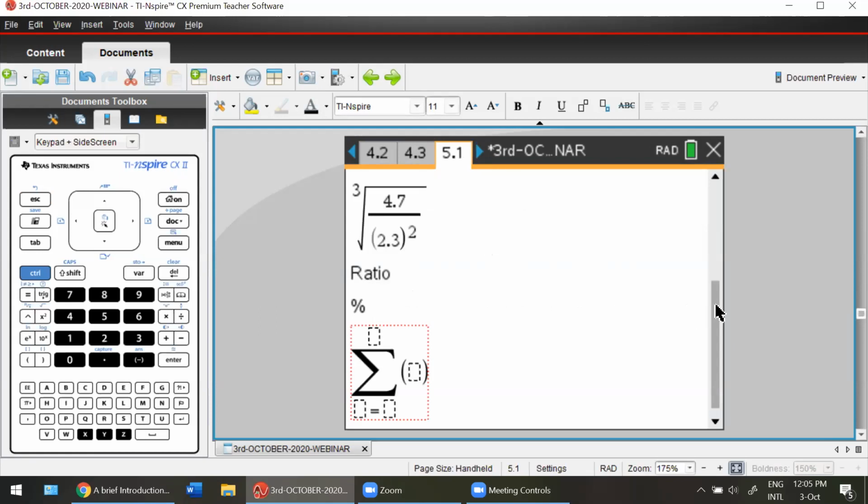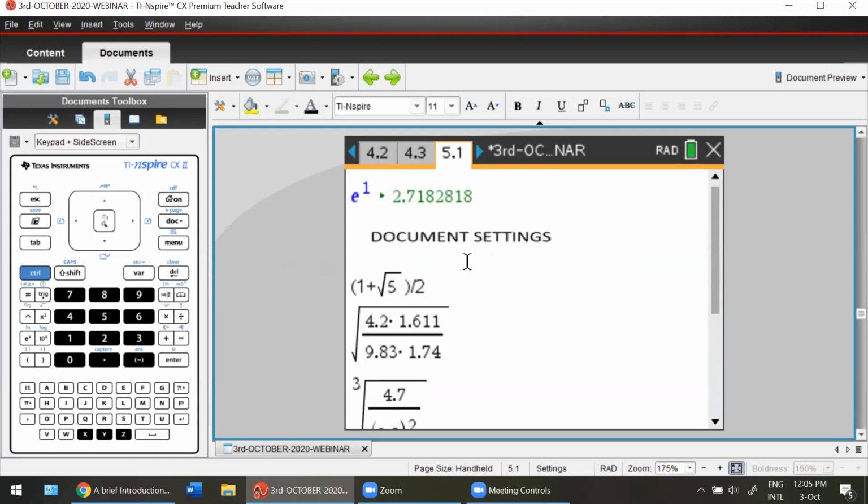Okay, students. Numbers are all about different kinds of rational and irrational number systems. So one such beautiful number is E. I'm sure you all know that E is irrational, right? And it does take this value. Now, at times, you might want to go into this page, which is all about helping you understand what document settings are and how to change the float.